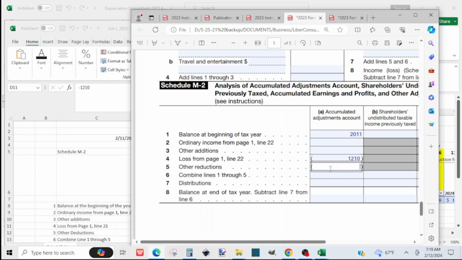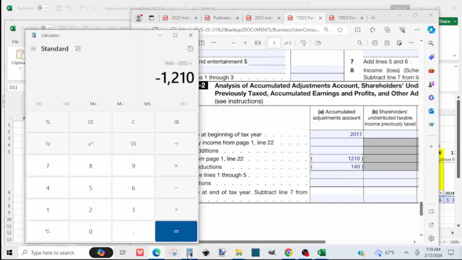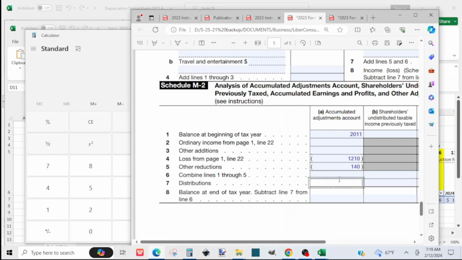Any reduction, we'll put that non-deductible expense that we put on line 16C there, and they say to combine line 1 through 5, and if we combine that, that will be 211 minus 1210 minus 140, that gives us CCC1. So we'll put on line 6 CCC1, distribution none,